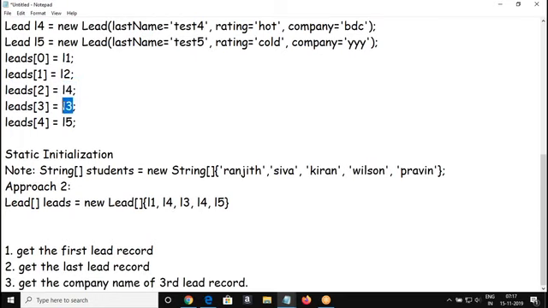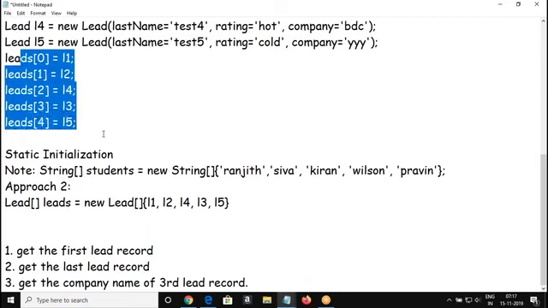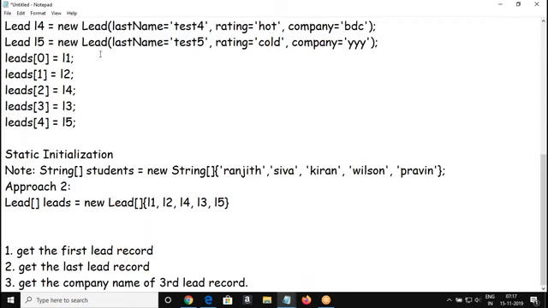Got me? In L3, we are passing, okay, 1, 2, and 4, 3. People should not confuse here. We are just trying to replicate the same array. The order we inserted, the same order we're trying to follow here as well.